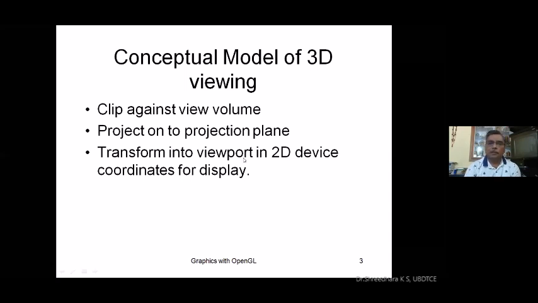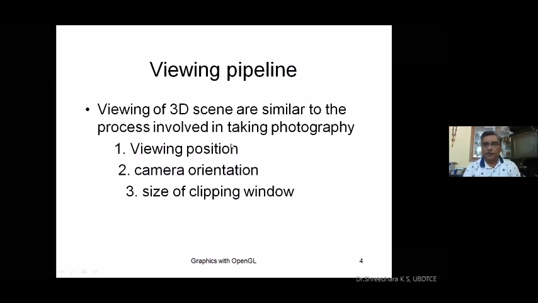On our computer screen, the effect is done on a 2D system with 2D device coordinates for displaying. Because of the depth effect, the Z-buffer effect we are going to make use of, it looks like 3D. Let us understand this from implementation. Understanding is one part. The second part is showing the same thing in a computer program.